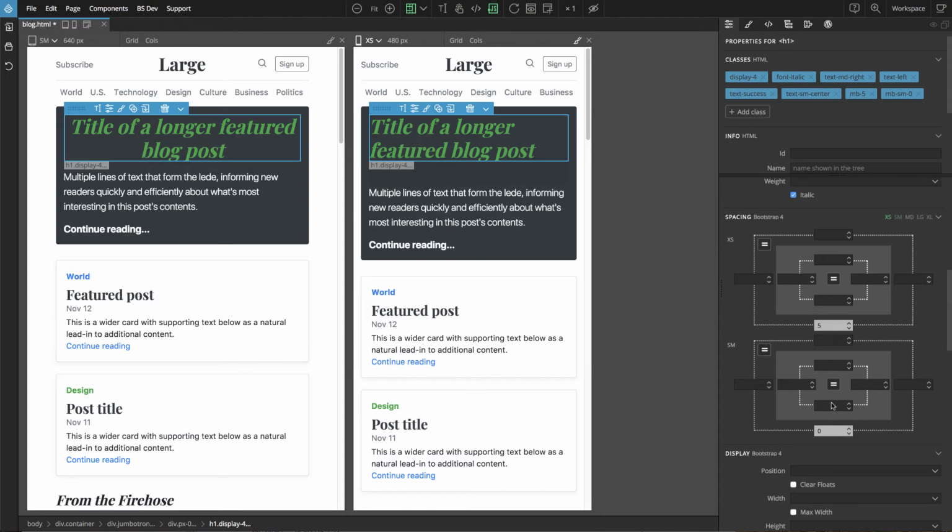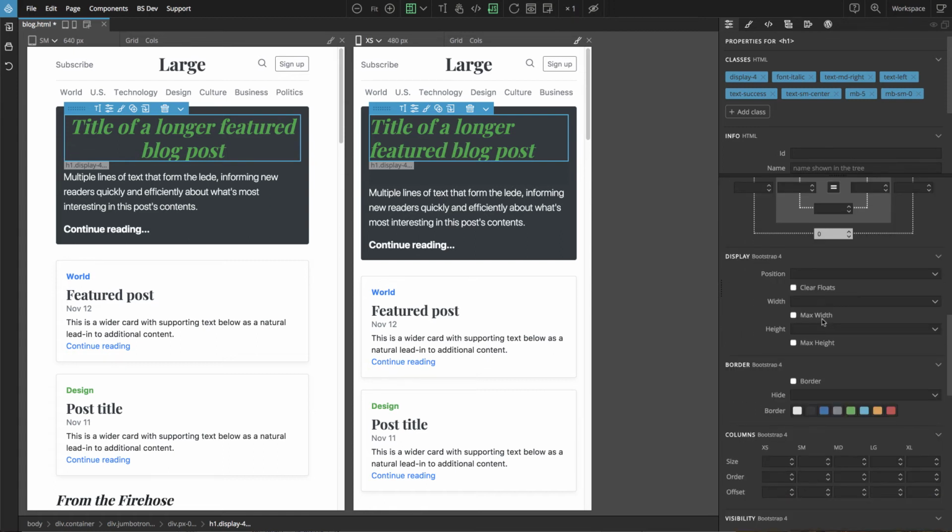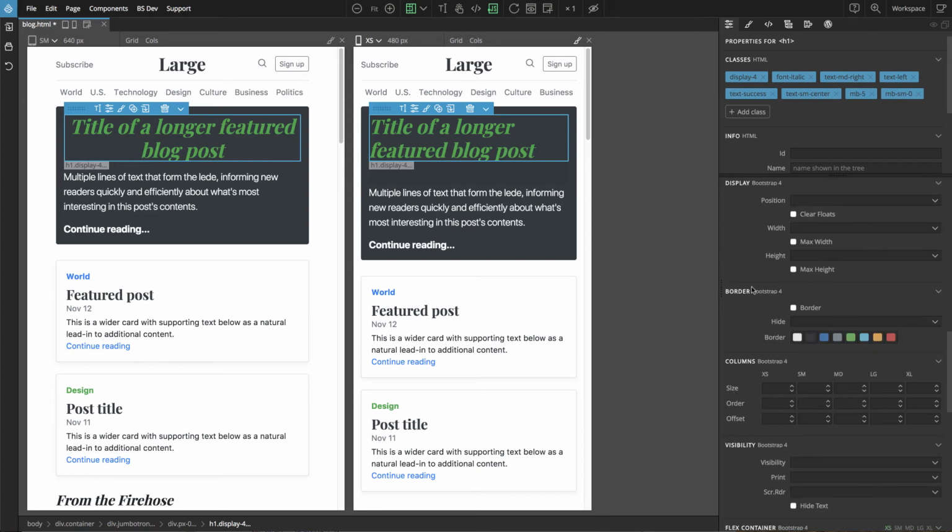And we can see that on small size we have a different value. Margin bottom is 0. And on extra small we set margin bottom to 5. Then we have display, borders,